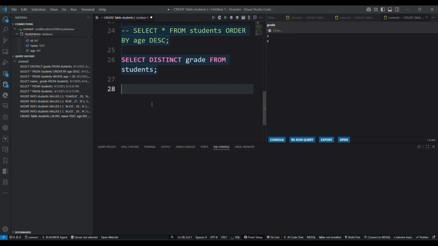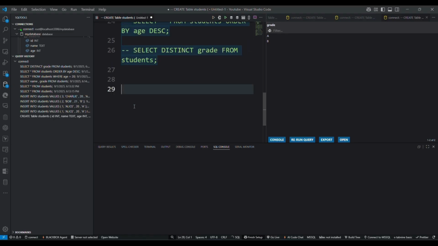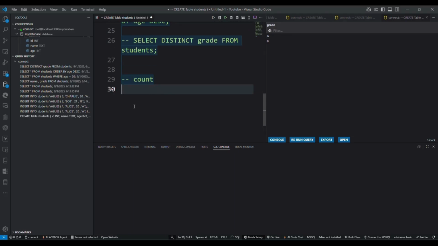One of the most powerful things about SQL is being able to summarize data. Let's look at some aggregation functions. First is count.